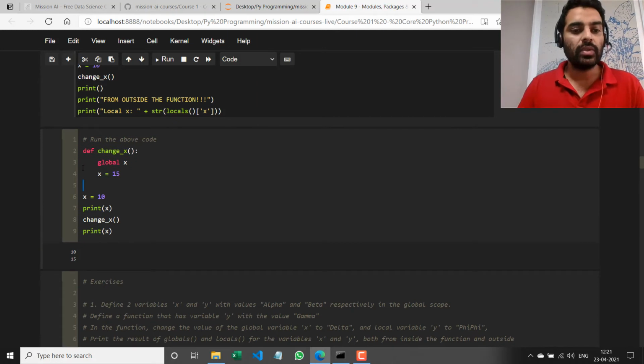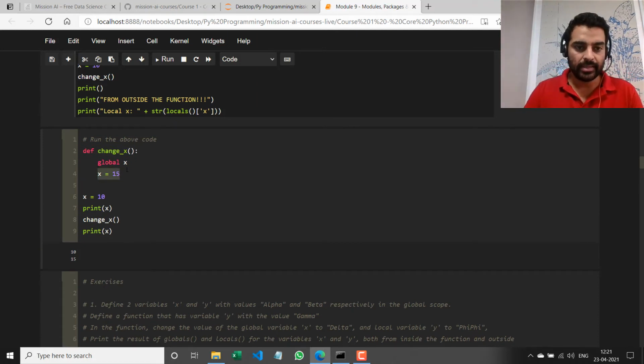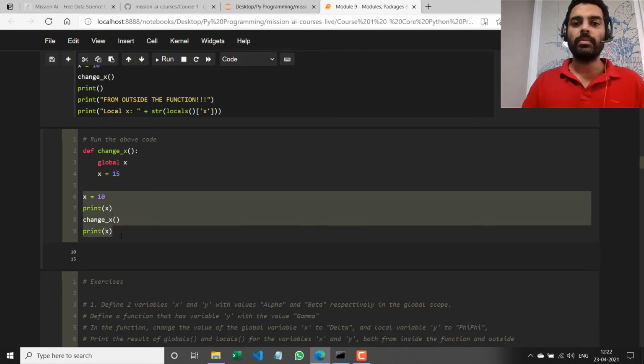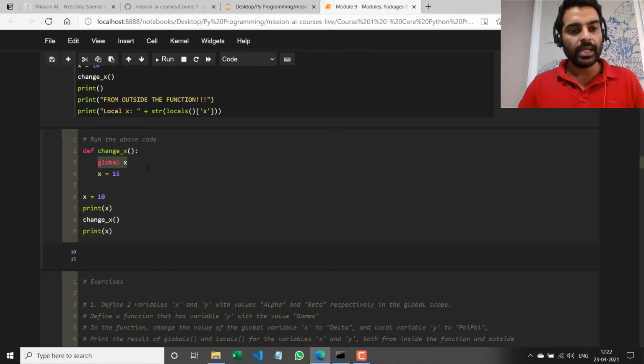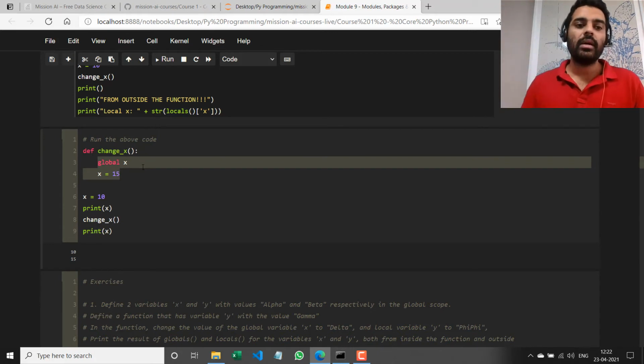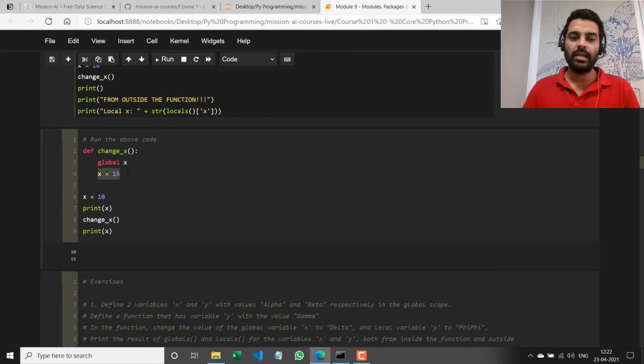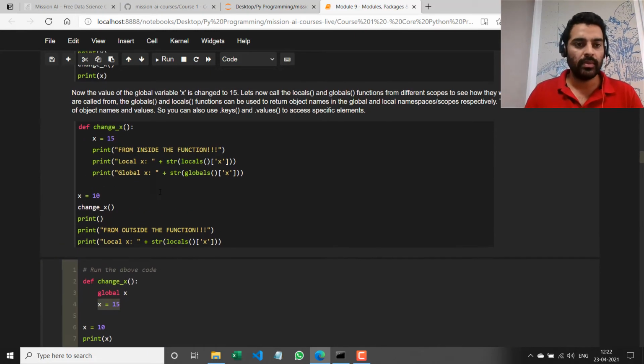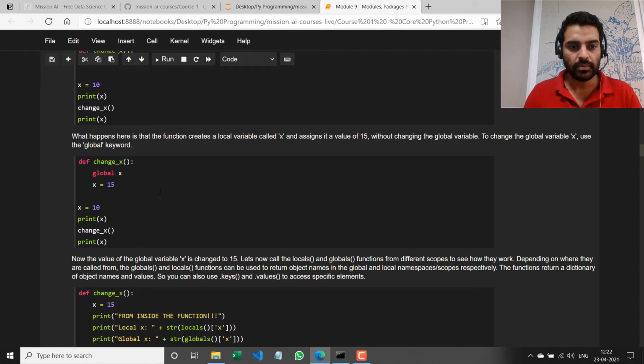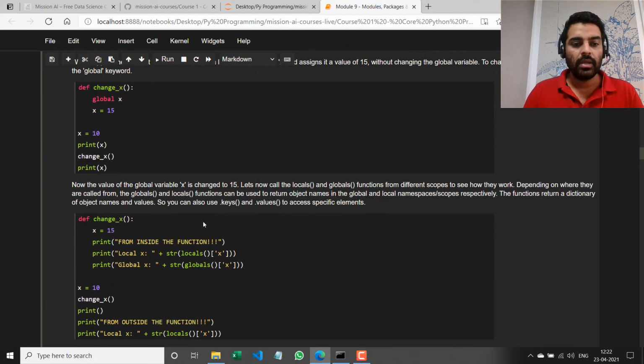Okay, so if I had defined x in local scope and just assigned it a value, that value would not reflect in global scope. But now because I've used the global keyword and brought that global variable x into the function, I can change its value and it gets reflected in the global variable. That's exactly what we see over here. Okay. Now,